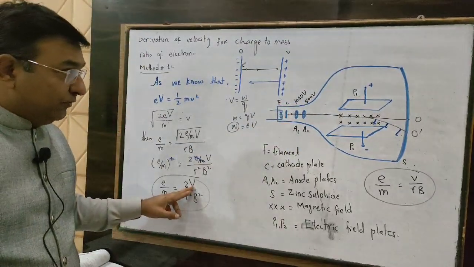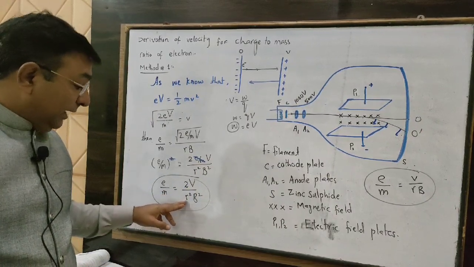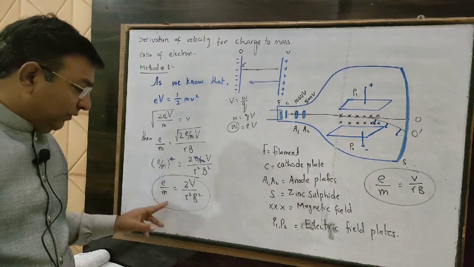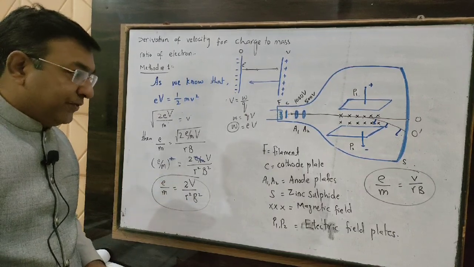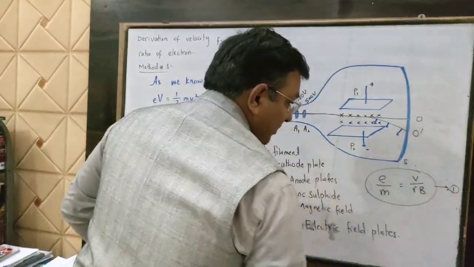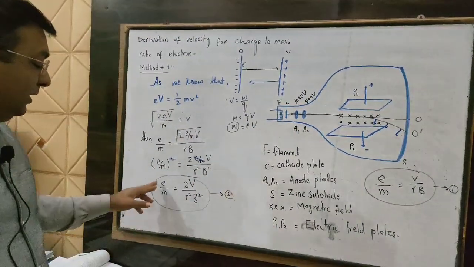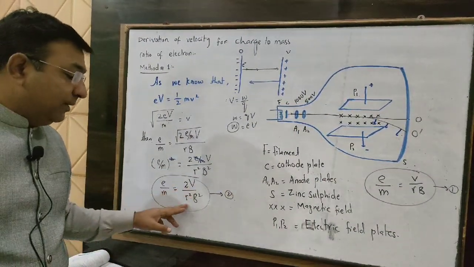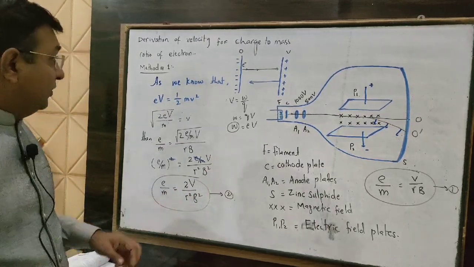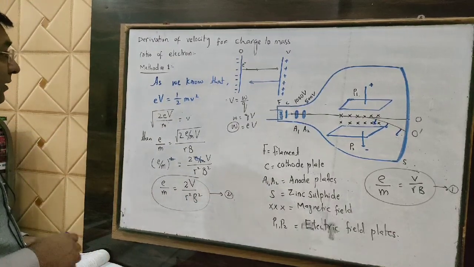So this value varies according to the situation, and r is the radius. If that is constant, then by this formula we can find the charge to mass ratio. This equation was the first and primary equation. The second equation for the charge to mass ratio is e/m is equal to 2V upon r²b². So now we are going to derive the second method, and the second method is